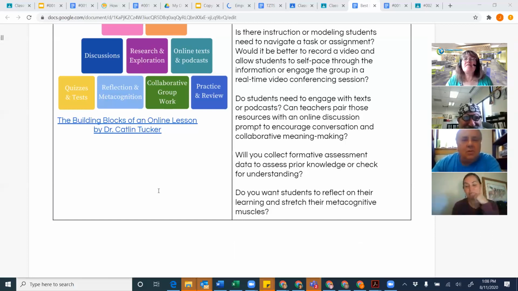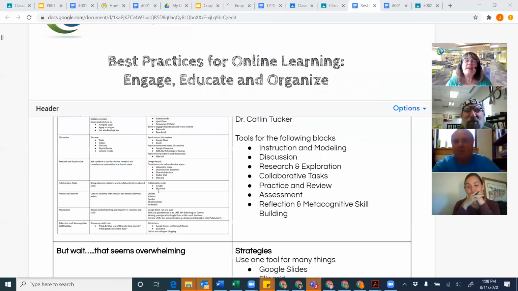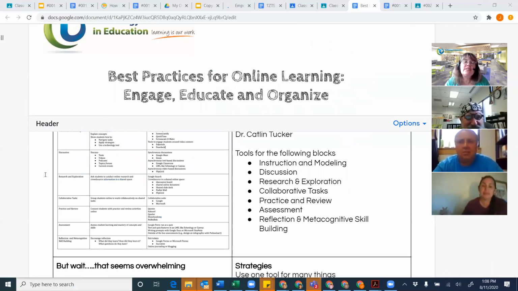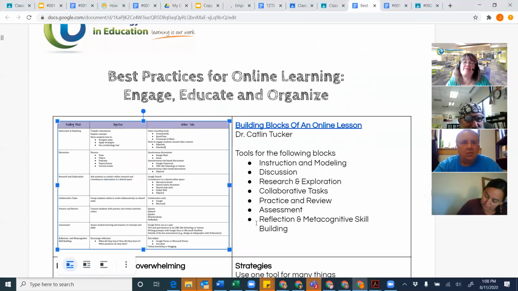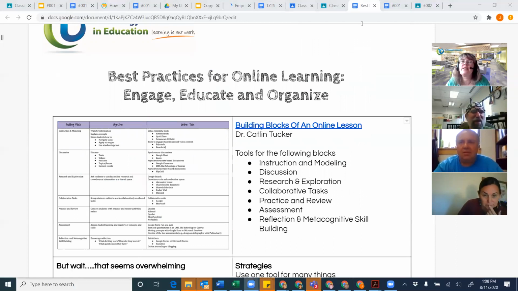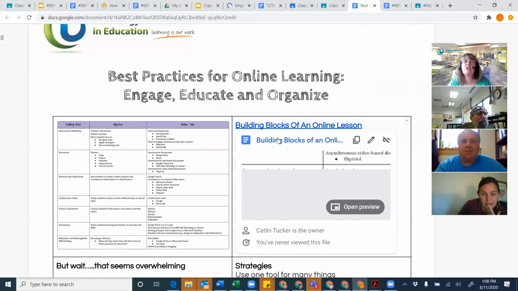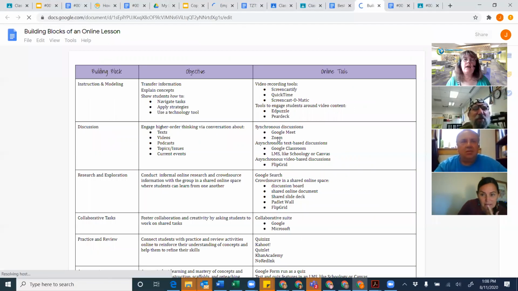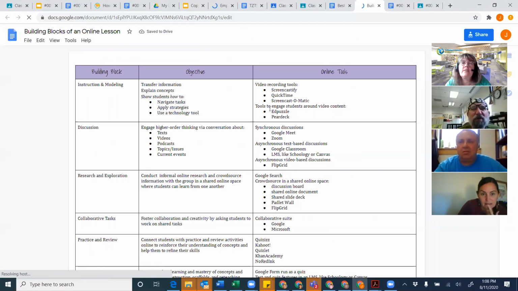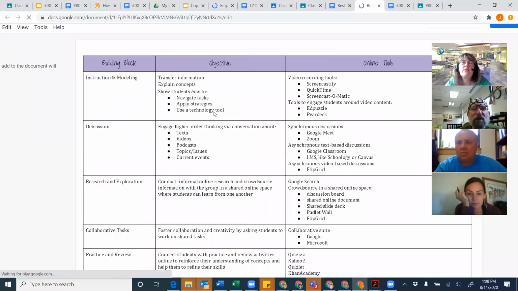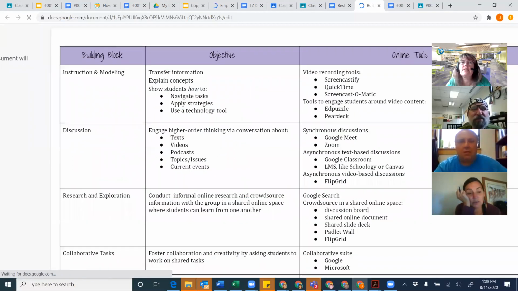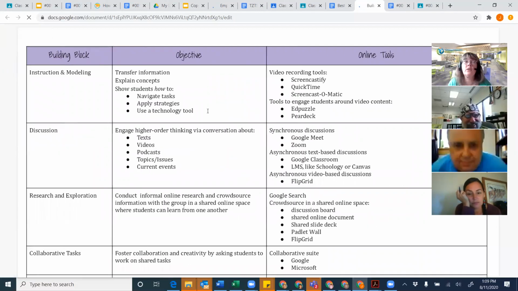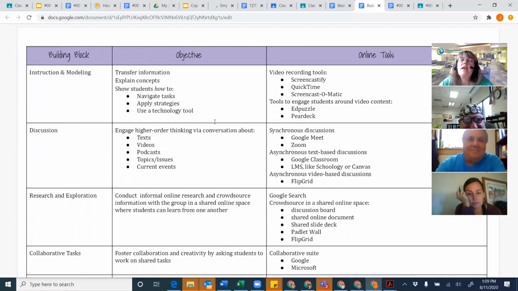Okay, so as we roll on down, there are resources, and this is probably my favorite thing ever. Dr. Tucker put together a tools translation guide, and when I get the next 5 minutes of my life, I'm going to turn this into a more Google Classroom centric resource. Right now, it's examples of lots of different tools, and so it doesn't keep it necessarily within our Google world,